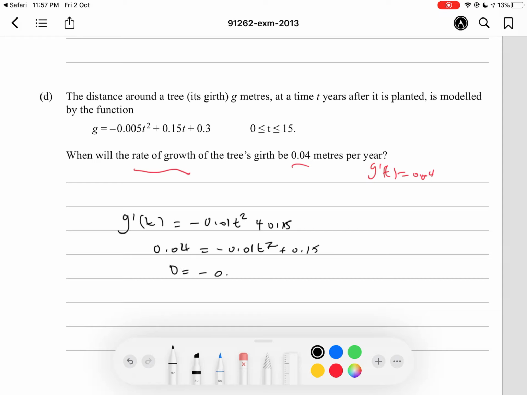If we make it equal to 0, we can get negative 0.01 t squared plus 0.11. Alright, so therefore 0.01 t squared equals 0.11. And therefore, if we